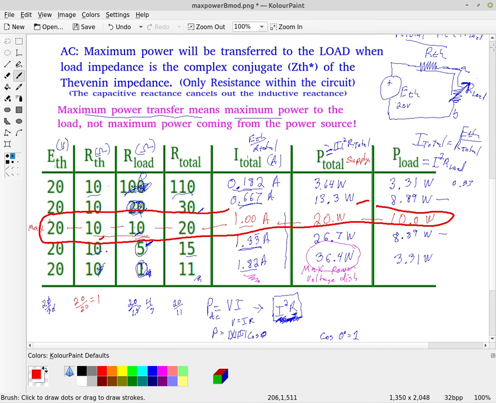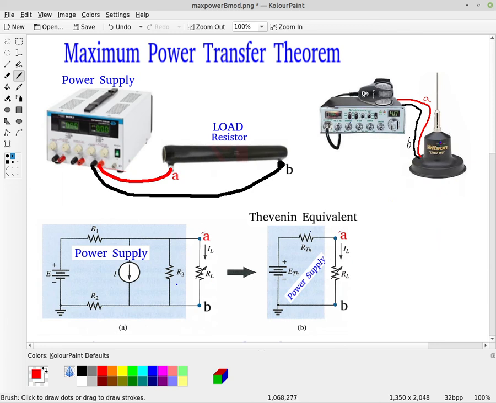Then we have to balance or match our antenna to match the Thevenin of the radio that we're attaching it to. So for maximum power, we want R load equal to the Thevenin